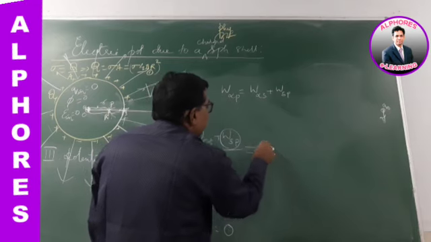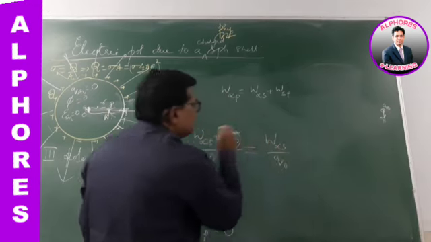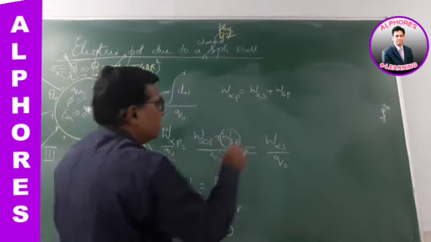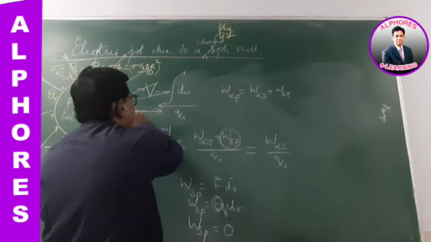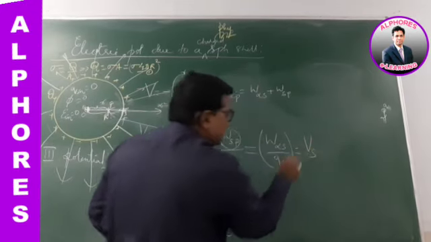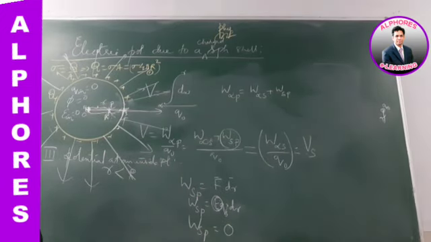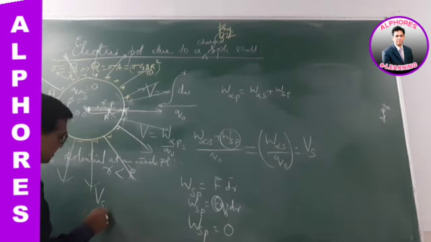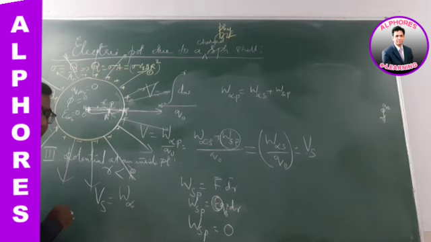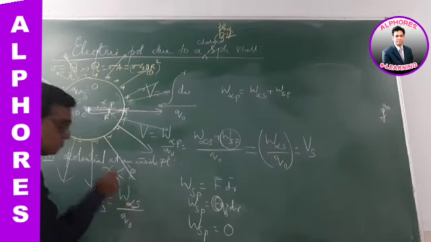So therefore this is equivalent to the work done to move from infinity to the surface by q naught. It is just equal to the work done to move from infinity to the surface. But the work done to move from infinity to the surface by q naught is nothing but the potential on the surface. We have derived that just earlier. Potential on the surface is the work done in moving a unit positive test charge from infinity to the surface point by q naught.